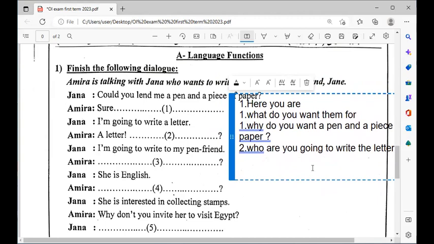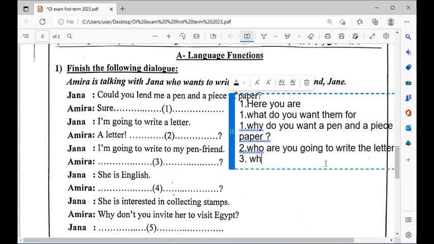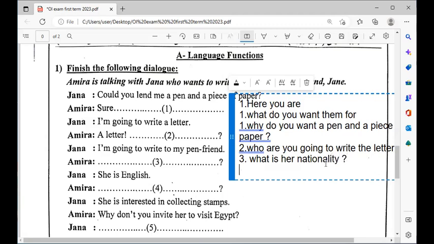Number three, she is English. English here is not a language. It's about her nationality. So here, what is her nationality? Number four,